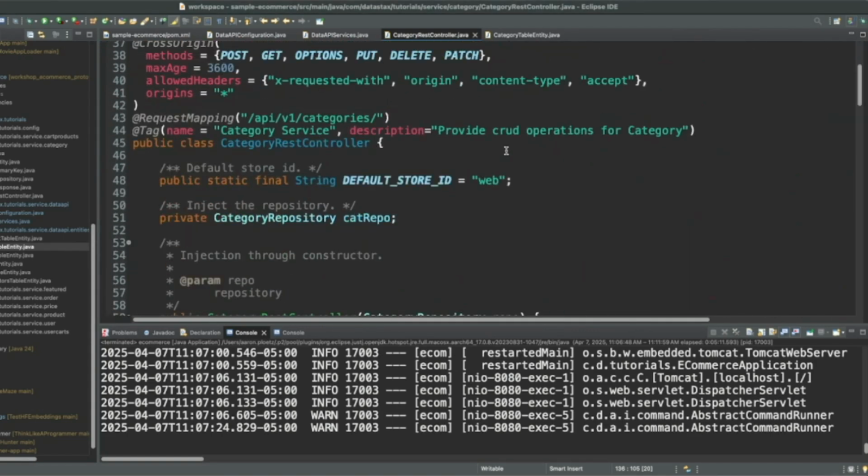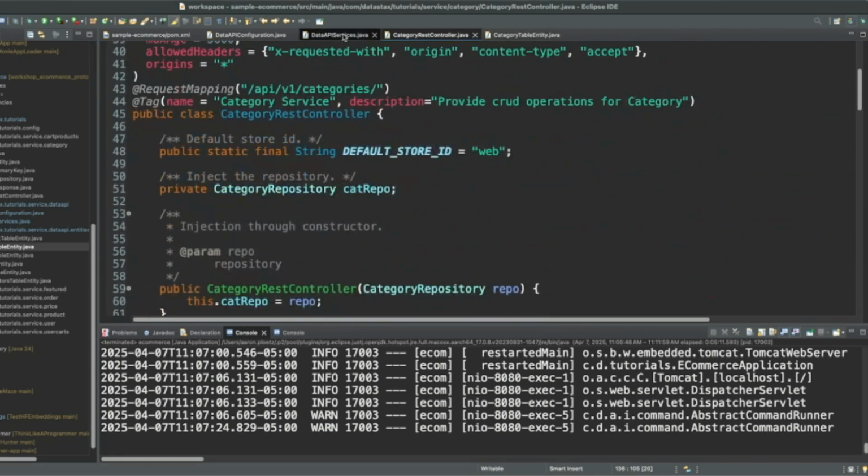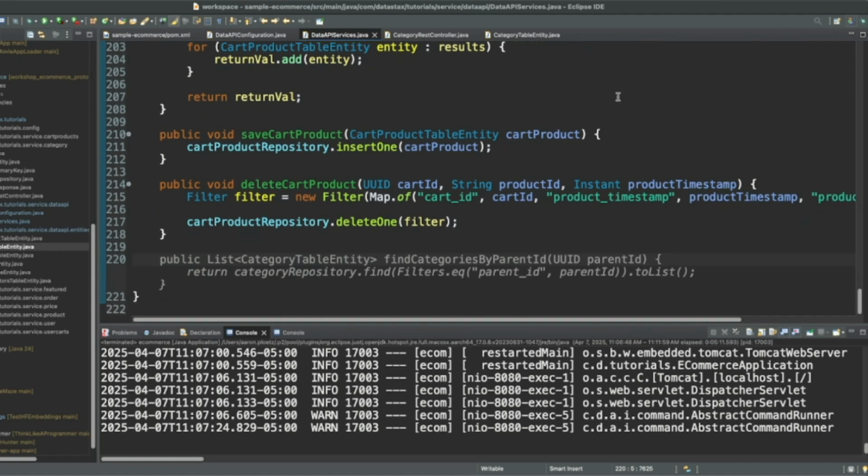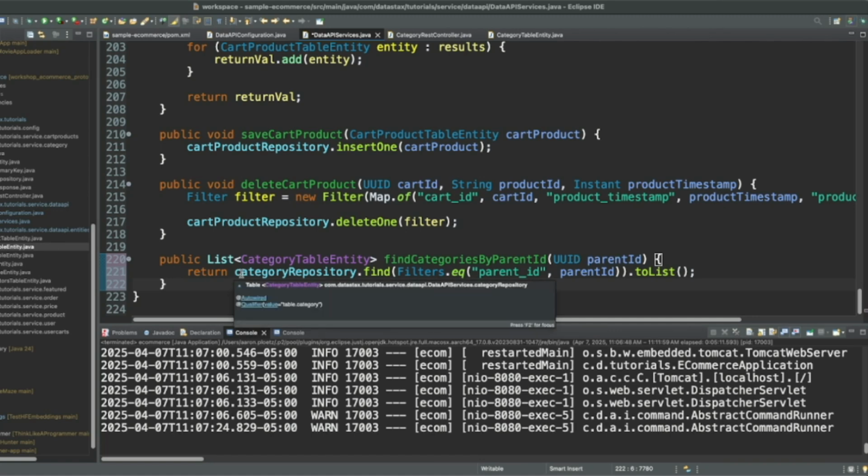All right, so let's go back to the data API services class. Let's say public list, find category IDs by parent ID, UUID parent ID. Wow, Copilot did a really good job on this one. That looks correct. Let's give that one a shot.